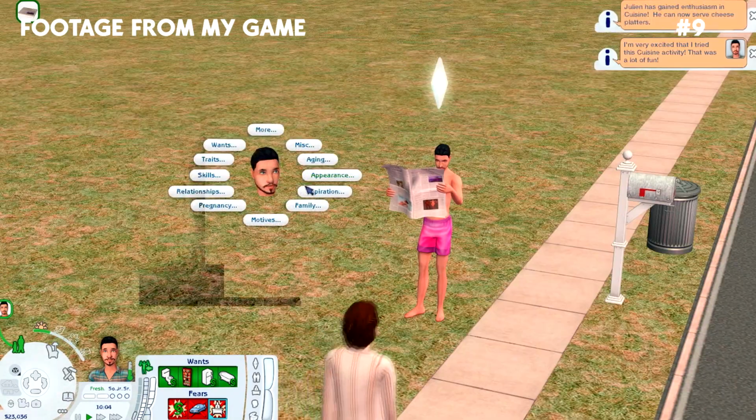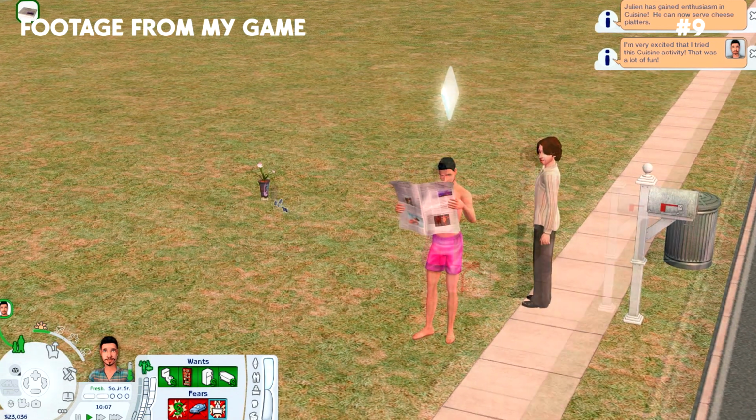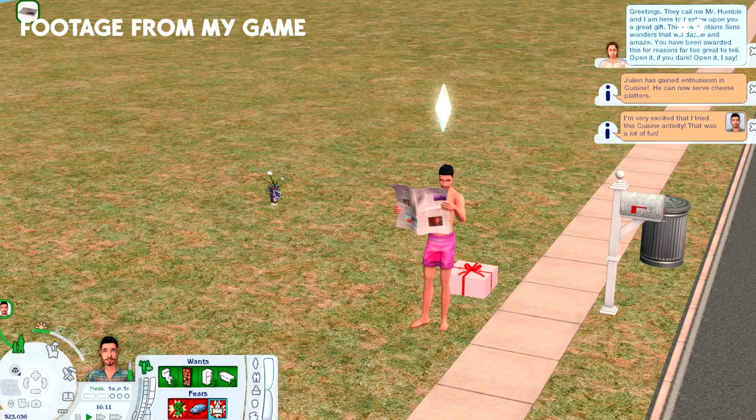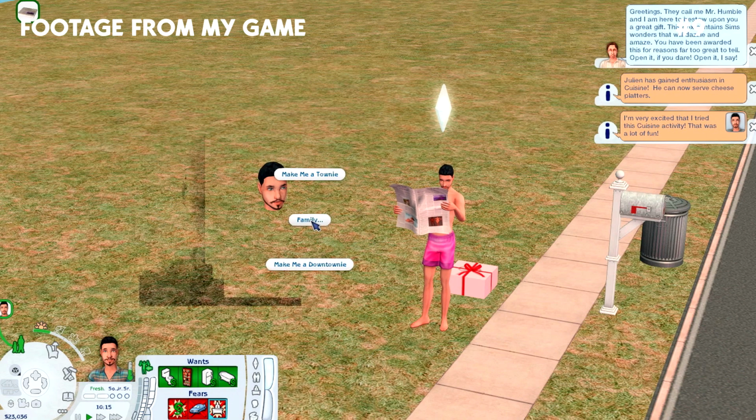I also would like to point out that this little box here is because of reshade and me putting my mods back in and out. So don't be alarmed if you see something popping up. That's just a bit of reshading. As for family, we currently don't have any other family members, but if we were to have, let's say,